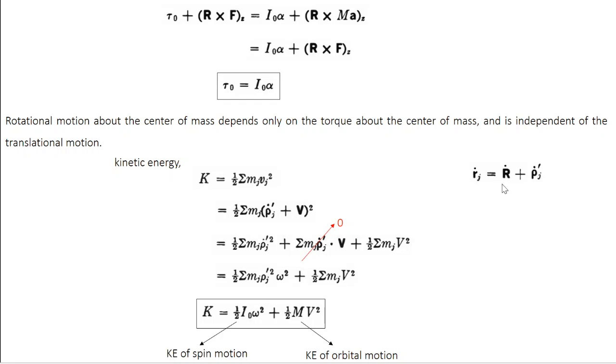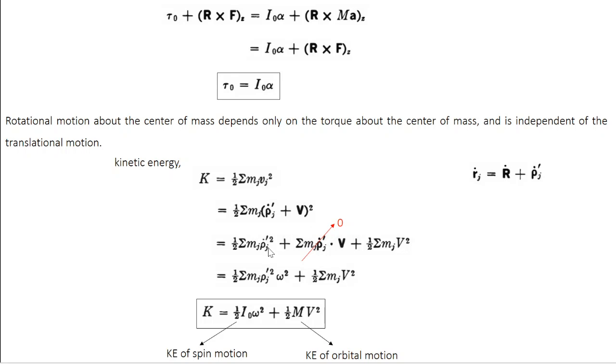R_j dot I can write as capital R dot plus R_j prime dot, and since we are talking about rotation around the center of mass, only the perpendicular distance is important, so I can write it as R dot plus rho_j prime dot. Now substitute it back into this expression. So instead of V_j square, I can write rho_j prime dot plus R dot, squared, and R dot is nothing but capital V. So the expression becomes half into summation over j of m_j times (rho_j prime dot plus capital